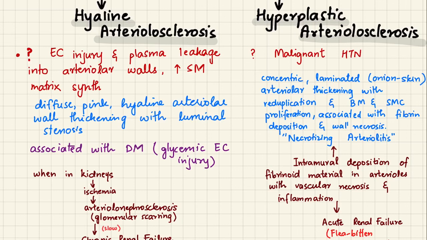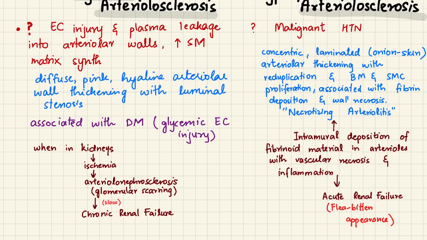Now, I've told you guys in the previous video that malignant hypertension is the sudden extreme rise in blood pressure. So when that occurs, I also mentioned that it results in end organ damage, and chiefly kidney is affected in this case. Since it is a rapid rise in blood pressure, in order to accommodate that increased pressure, the smooth muscle cells of the arteries undergo hyperplasia in the form of concentric laminated arteriolar thickening. Since it is malignant hypertension, which is an acute phenomenon, the renal failure will also be acute, and this has a characteristic flea-bitten appearance.